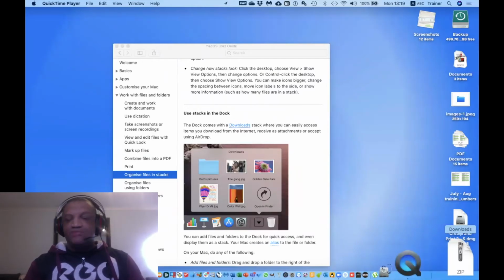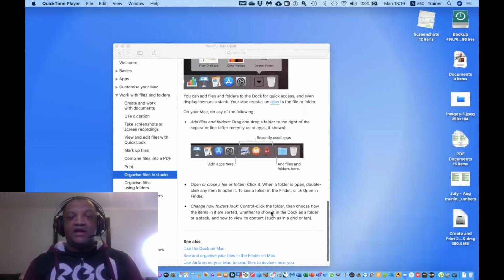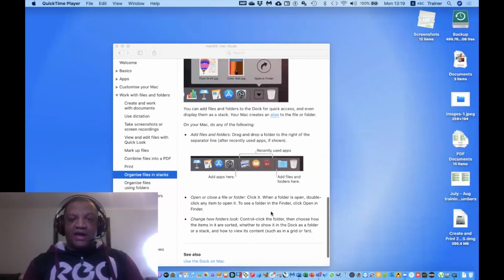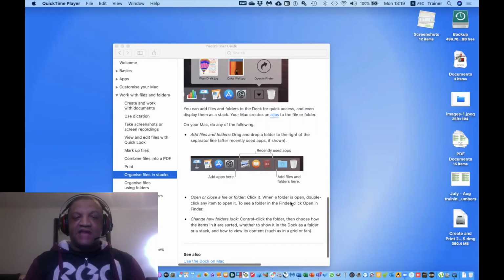So if I look at my stack, I can see that at the bottom, there is my downloads. So they were not lying. They said there's my stack for my downloads. But if I look at it further, it shows me how I can create a folder stack. So it shows me there my recent used items. And after that, I can add more folders to create a stack of folders